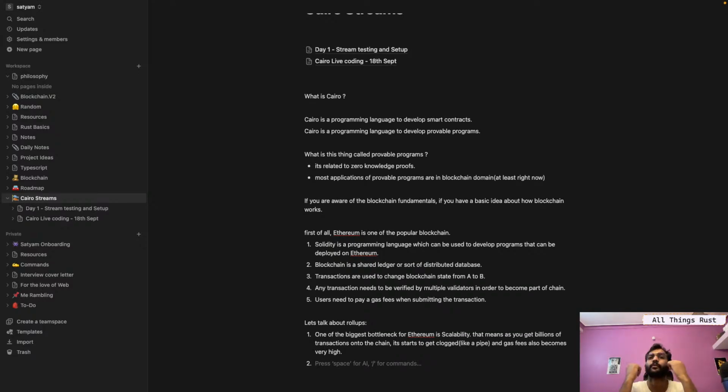Okay. So roll-ups are mechanisms where chain nodes don't execute every transaction.